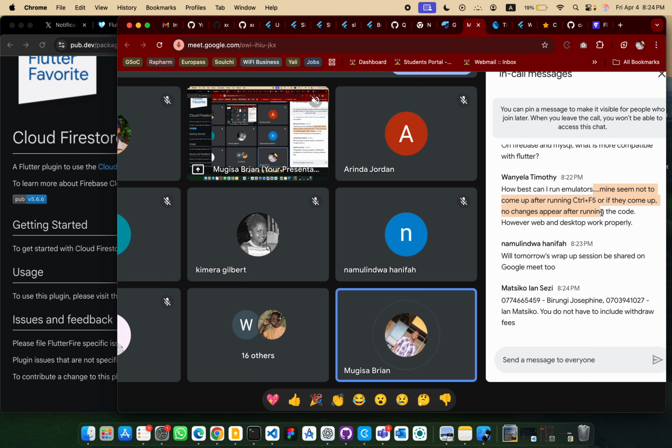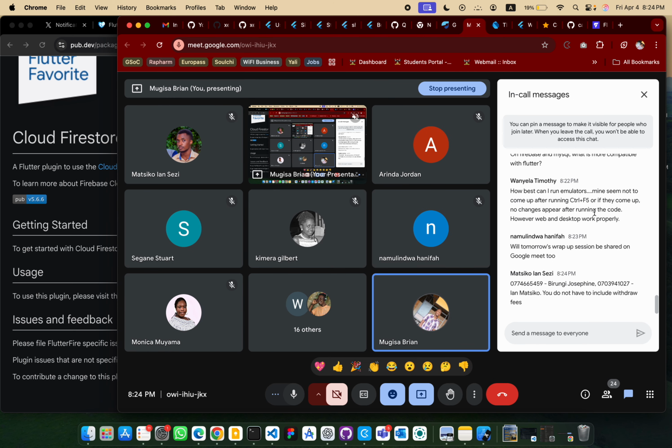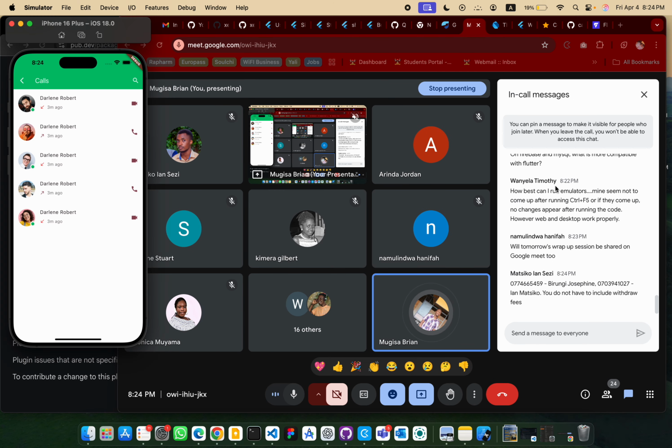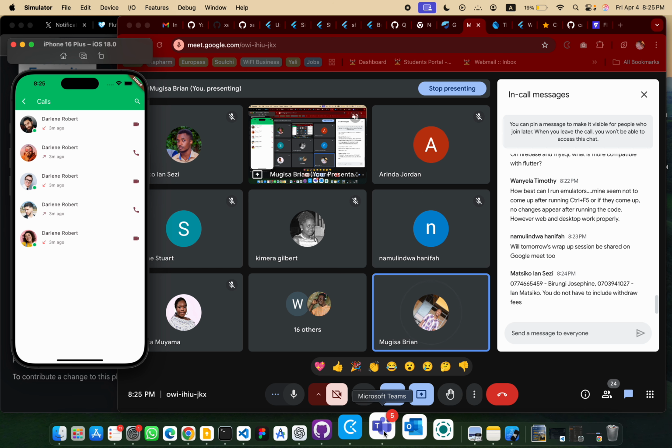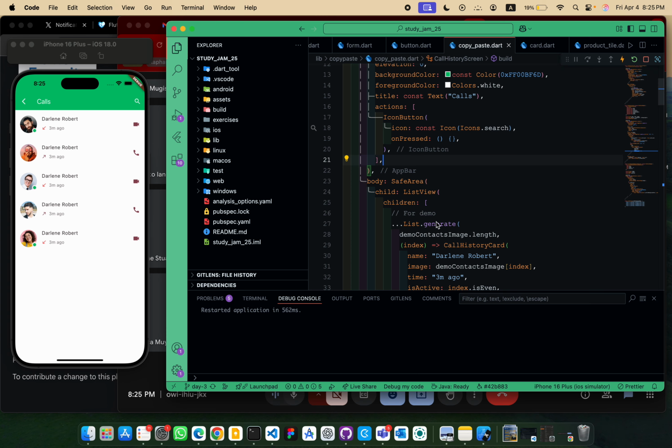If they come up, so about emulators, one thing that determines them first of all is your machine. If your machine is not that strong, I recommend you use a USB and use USB debugging, maybe for Android, and you plug in your USB and run the apps. But if you have a powerful machine, then you can run emulators like the way you see here. You can run actual emulators from all platforms. That's the good thing when you have a powerful machine. But in most cases,